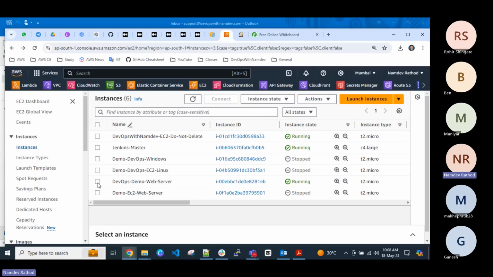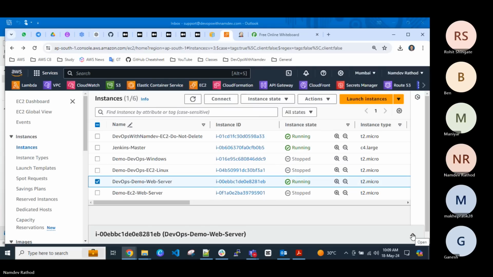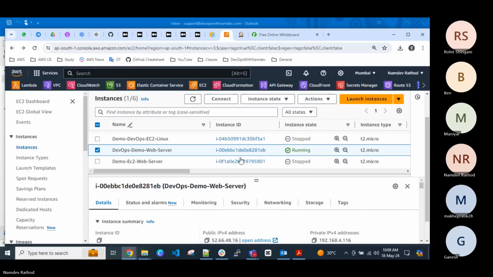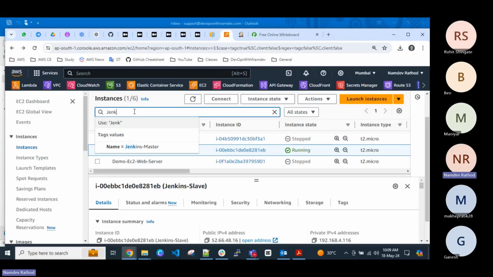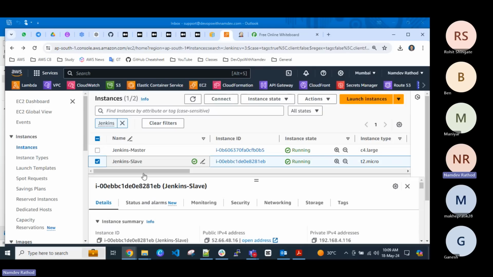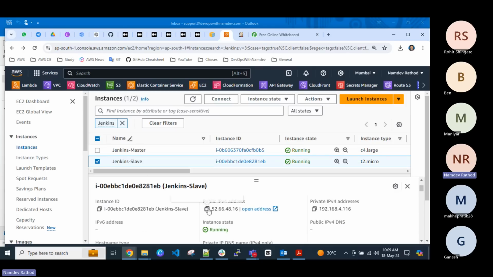Okay, we can consider this as a slave server. Just copy the public IP address. I can rename it Jenkins slave, and search to filter it out with Jenkins, so you will not see the other servers here. Jenkins master, Jenkins servers. Just copy the public IP address of the Jenkins slave server. Go to your